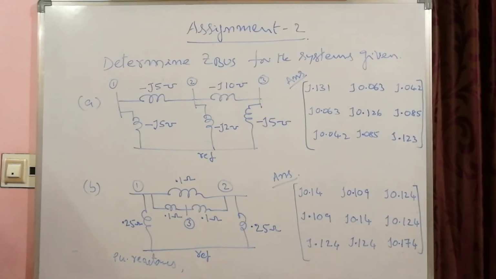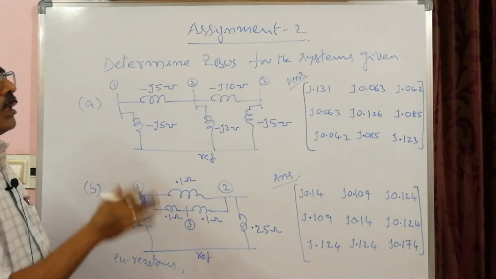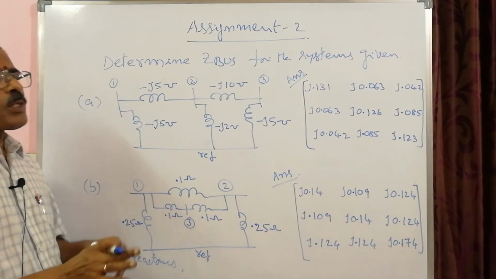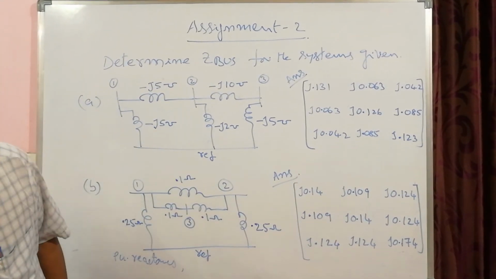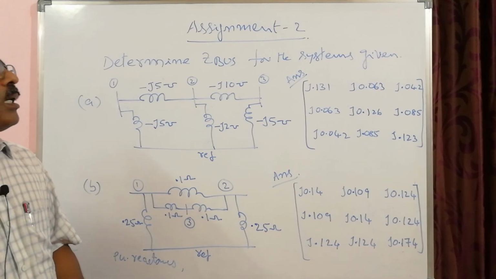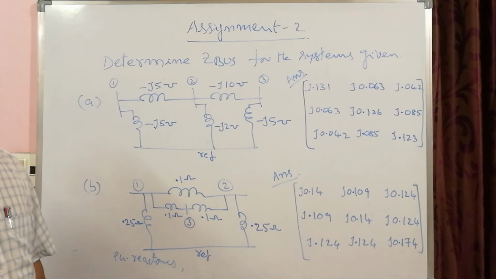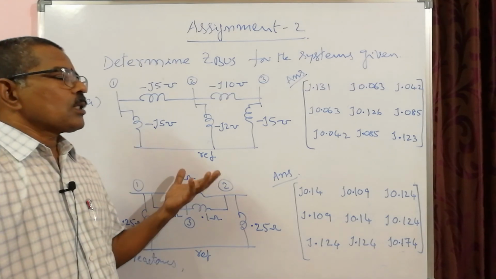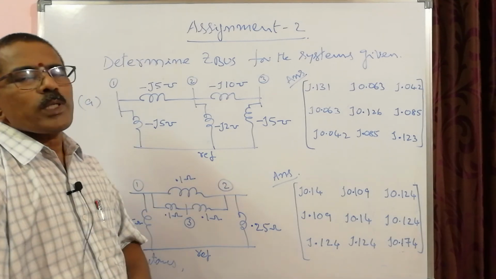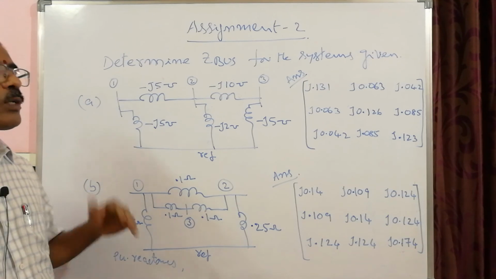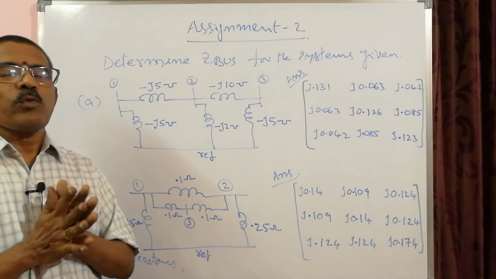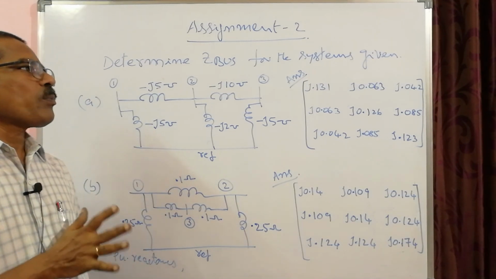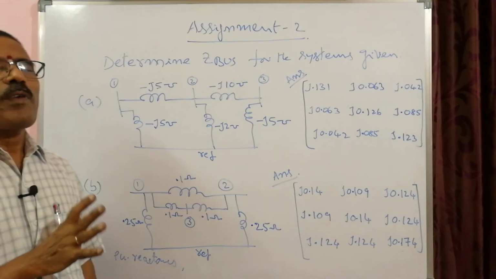So please try to solve these two problems as assignment and submit in the college portal. So last date you can take about 2 days. By Wednesday all of you must submit this assignment along with the old assignment. So assignment 1 and assignment 2, try to submit the solutions by Wednesday.